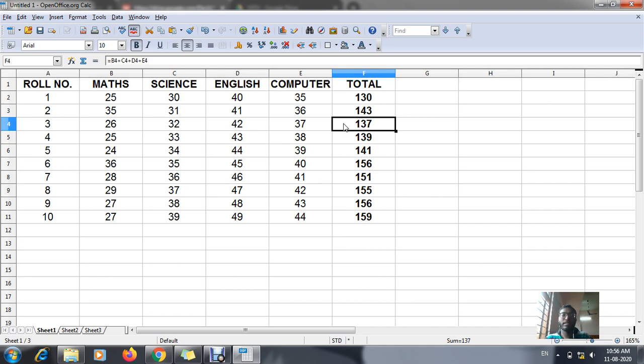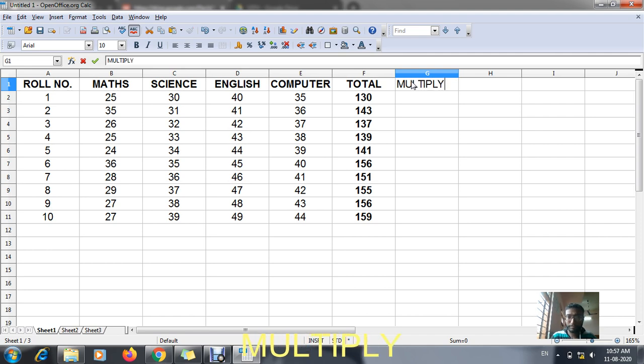Understood? Now in case if you want to do multiplication also, you can do the same thing, just write the total. Now if I am to multiply, this is just a demo only, which is not in your textbook. This is additional information I am giving you. Equal to symbol, same process, just select the cell B2 into C2 into D2 into, and last one is E2, then give the enter button.